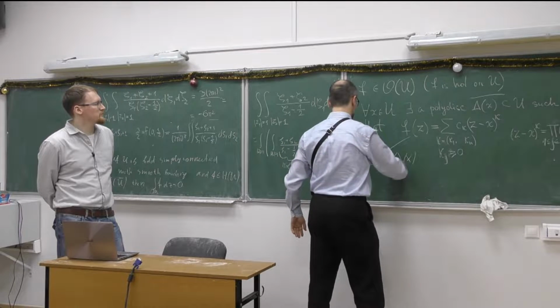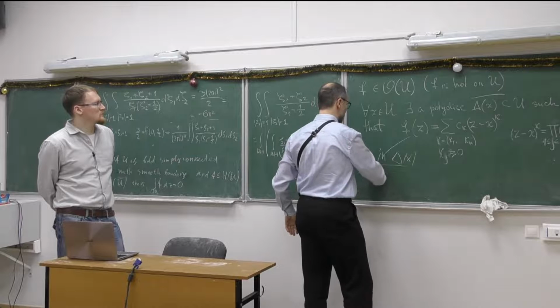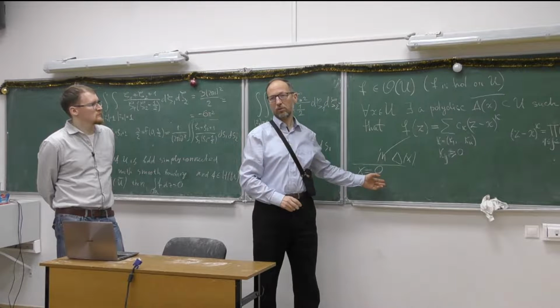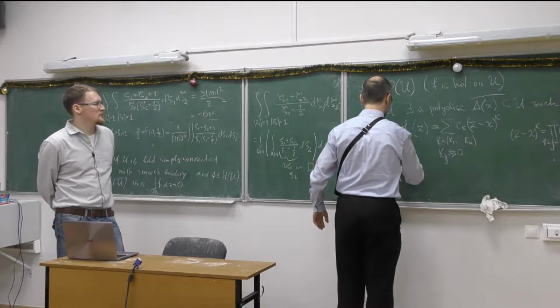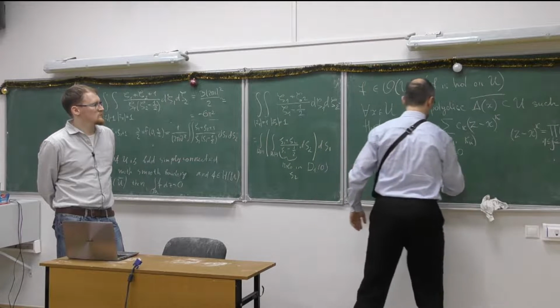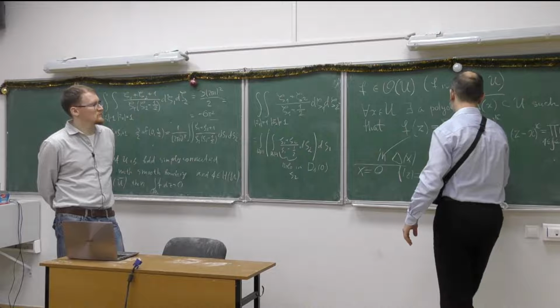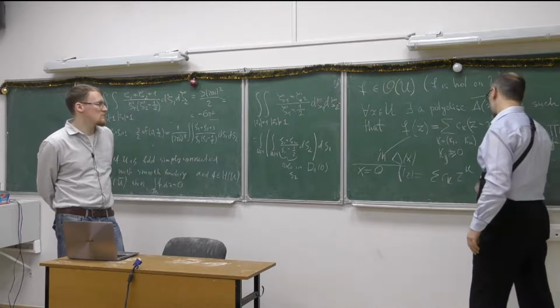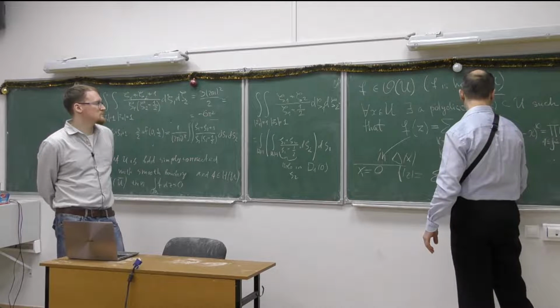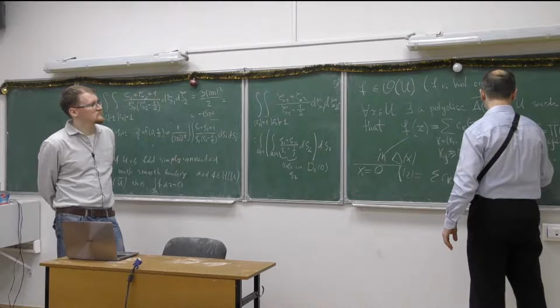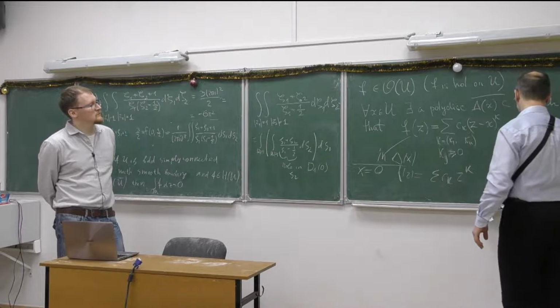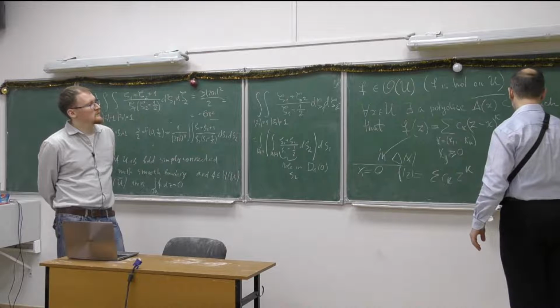And then we outline the special proof. Let us consider that x is the origin, because we can shift the coordinates. We have to show that f of z is equal to the sum of c_k z to the power k. That's what we have to prove. We will use the Cauchy formula. We know that f of z is equal to 1 over (2 pi i) to the power n